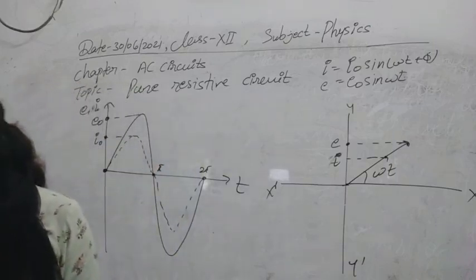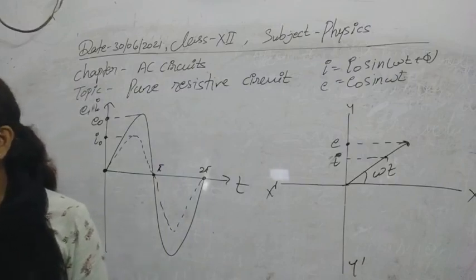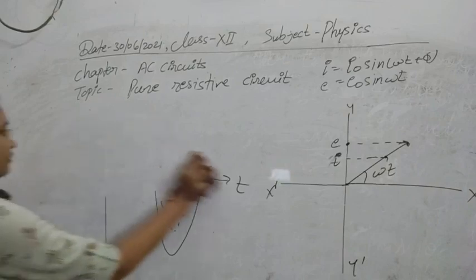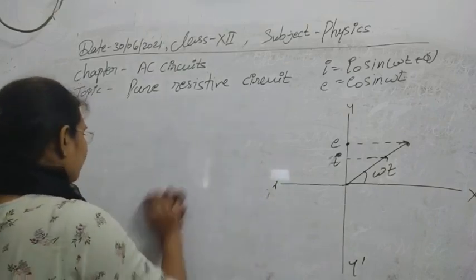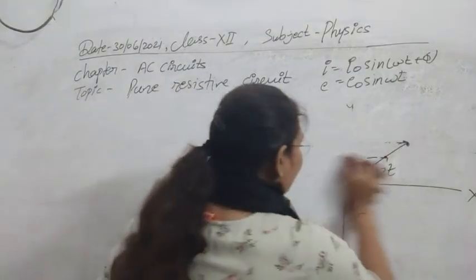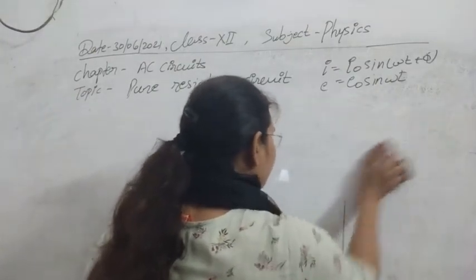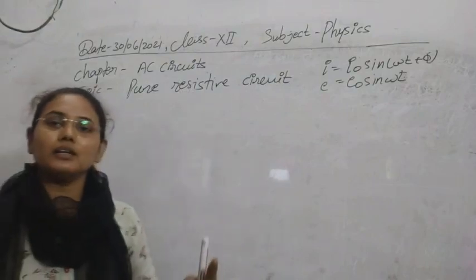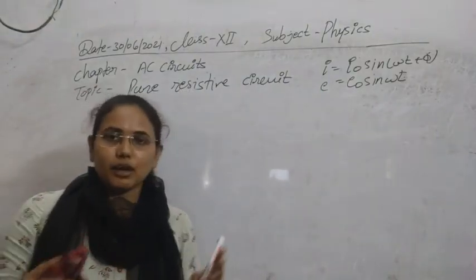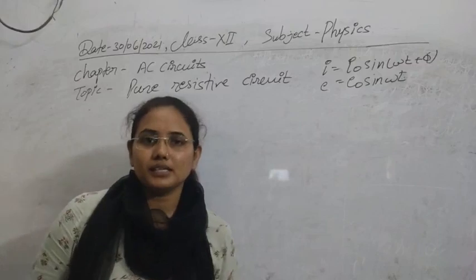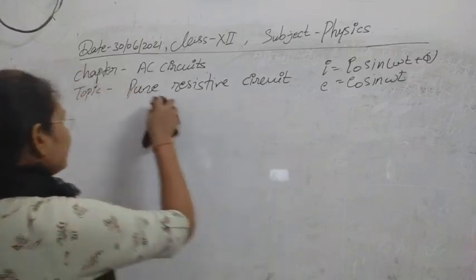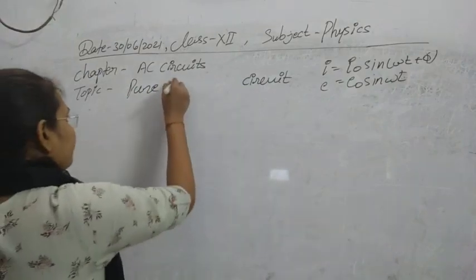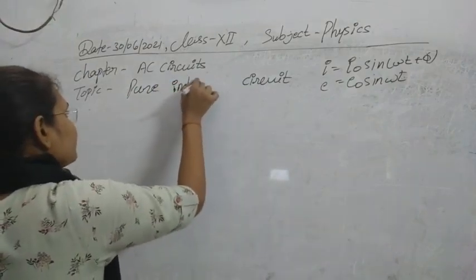Next, after the resistive circuit, we have to study the pure inductive circuit. First, one by one, we will take only one component of the circuit and see the behavior of the circuit for that one component. Then we will combine two components, like resistive capacitive circuit, and such kinds of combinations we will see later. So first, after the pure resistive circuit, the second one that we have to understand is the pure inductive circuit.